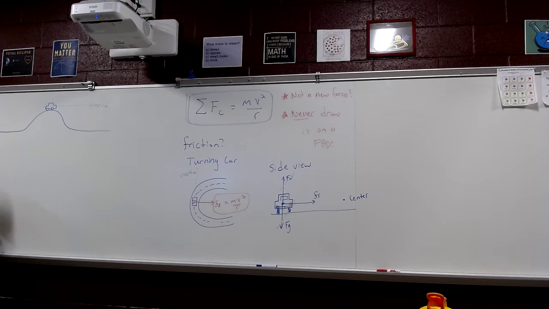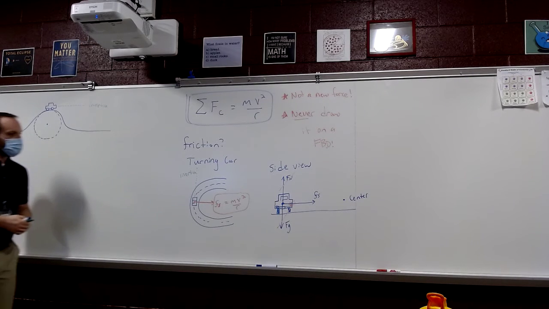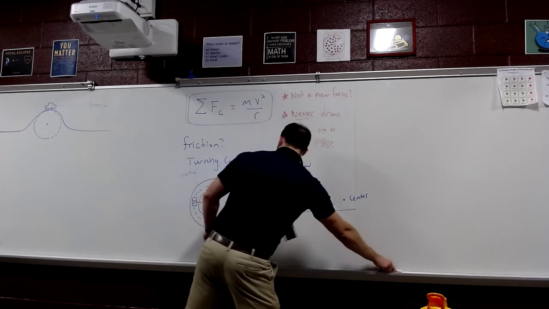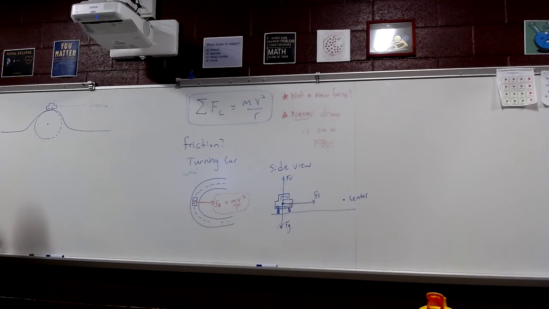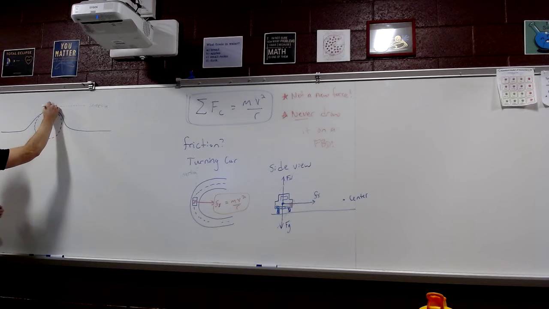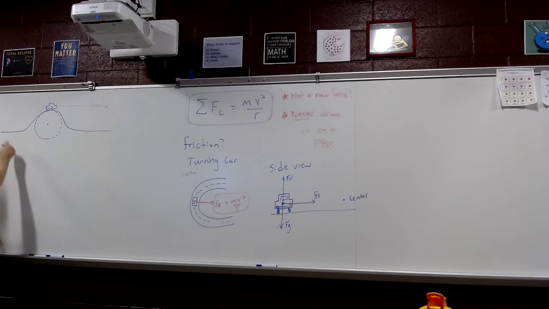Okay? But you are traveling in a circle. You're at least traveling in a portion of a circle. I draw the circle down here. And the center of that circle is right here, below you, as you go over the top of the hill. So when I go to draw the forces that are acting on this car, there's two of them, gravity and the normal force. And usually when we draw the forces acting on a car, like let me draw it over here,